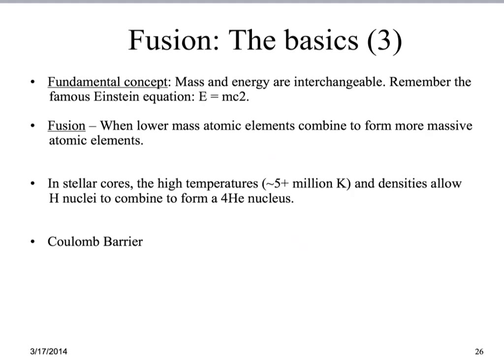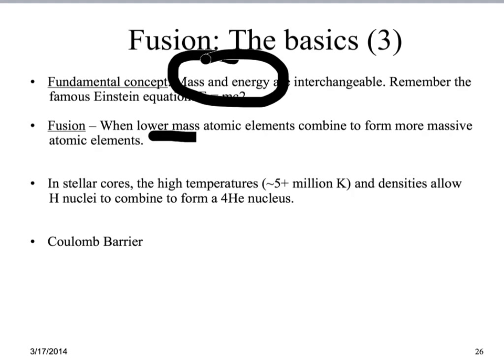So the fundamental concept of fusion is that mass and energy are interchangeable, which is what Einstein proved. So when you have fusion, you're having these lower mass elements that are combining to form more massive elements. So in a sun-like star, the core reaches carbon. In a more massive star, you're able to fuse beyond carbon and reach iron. So in stellar cores,